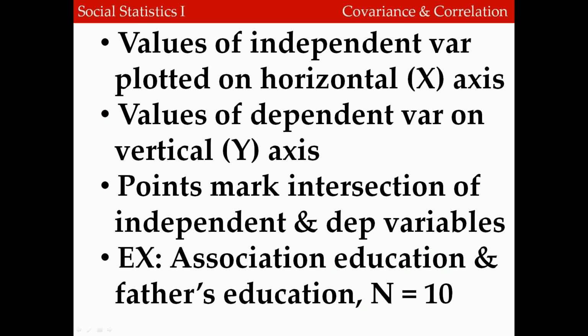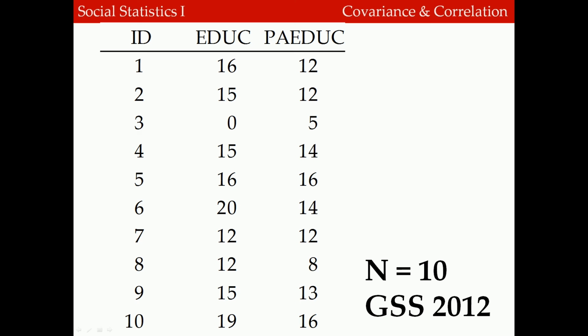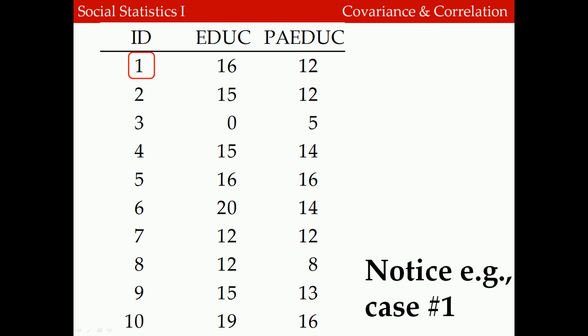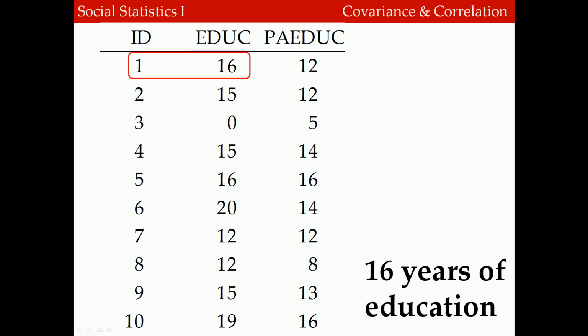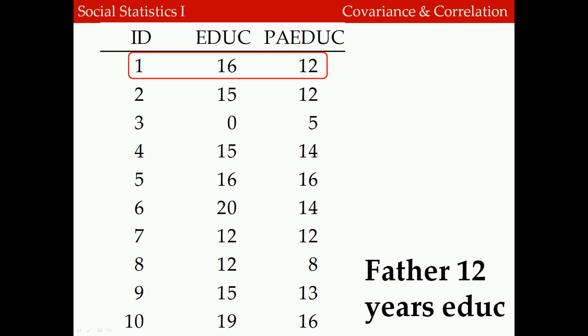As an example, consider the association between education and father's education for a sample of 10 cases from the General Social Survey. And here we'll see education and father's education graphed on an interval ratio scale. So here's our data set, including 10 cases for father's education and respondent's education. Let's take a look at the values for the first case. We notice that this person has 16 years of education, and we notice that that person has 12 years of